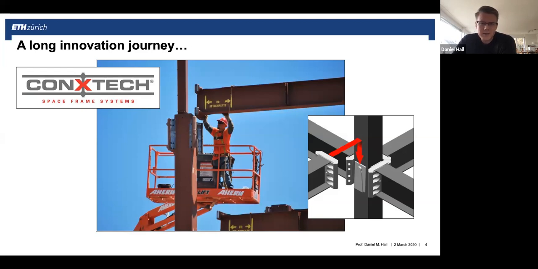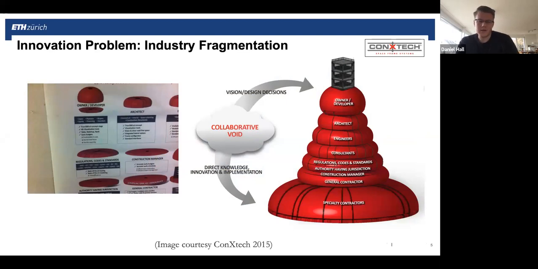It's a little bit more expensive from the perspective of the steel cost. Now, it is actually cheaper if you think about the time savings and the overall systems cost. It's a cheaper option because you can complete the building faster. But from the perspective of the tender, the steel cost is more. And so as a result, Connextech has never really achieved the market growth that it could achieve based on the value proposition. And I tried to understand, what is going on? Why is it so hard for Connextech to innovate in this space?